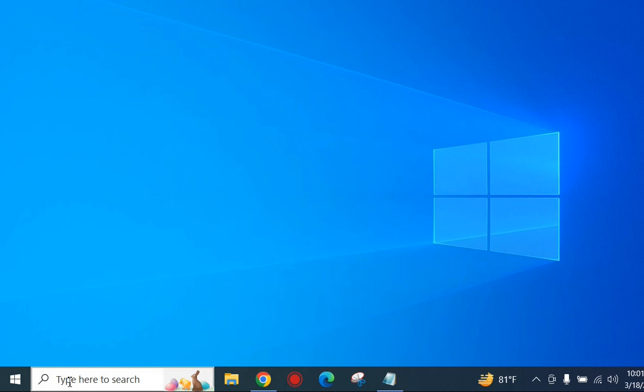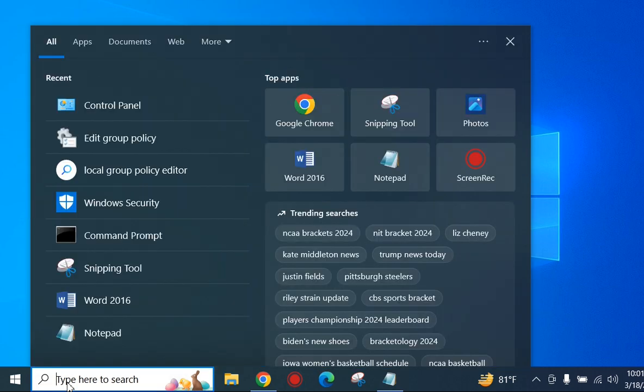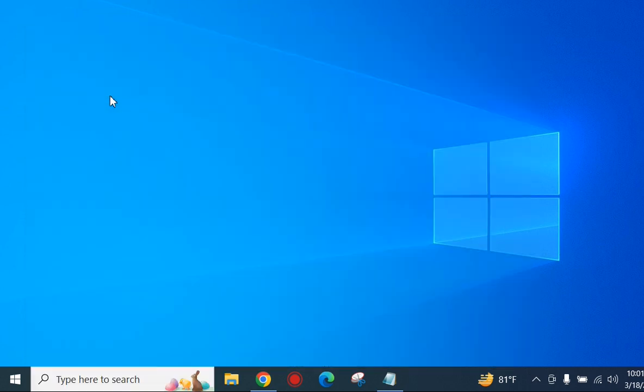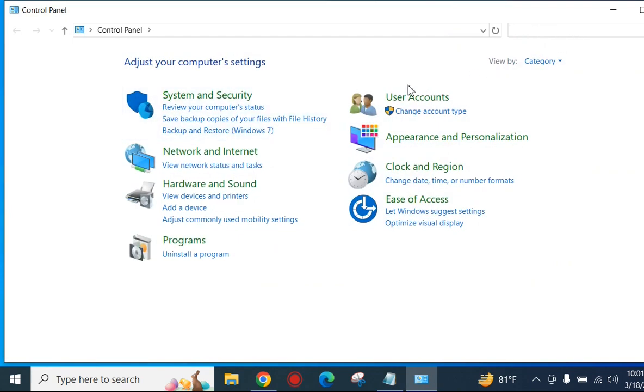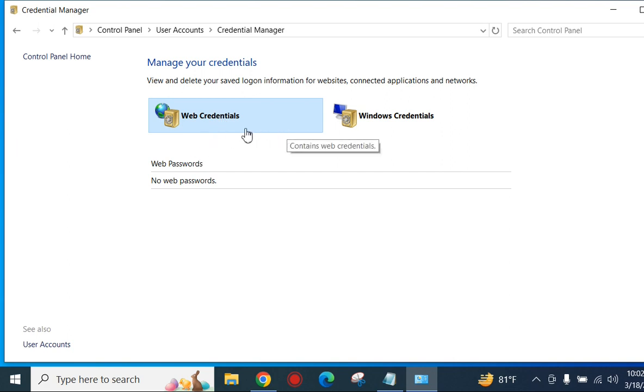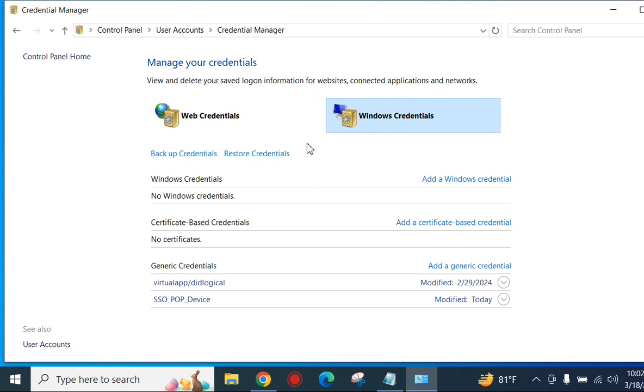At first we go to the Windows search bar and type control panel and click it. In this, by category view large icons, click user accounts and find credential manager. We are seeing now two types of credentials: web credentials and Windows credentials. We click Windows credentials and find